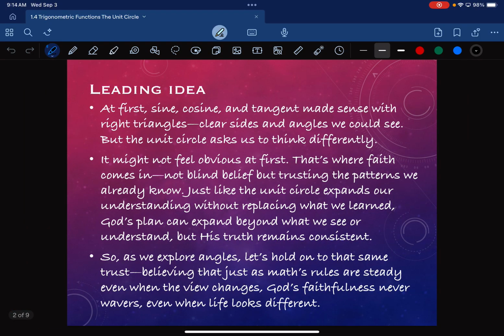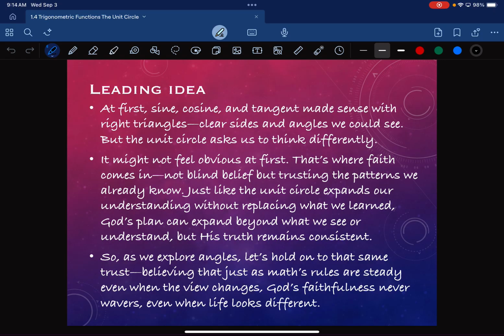So our leading idea is, at first, sine, cosine, and tangent made sense with right triangles, clear sides, and angles we could see. But the unit circle asks us to think differently. It might not feel obvious at first. And that's where faith comes in. Not blind belief, but trusting that the patterns that we already know,